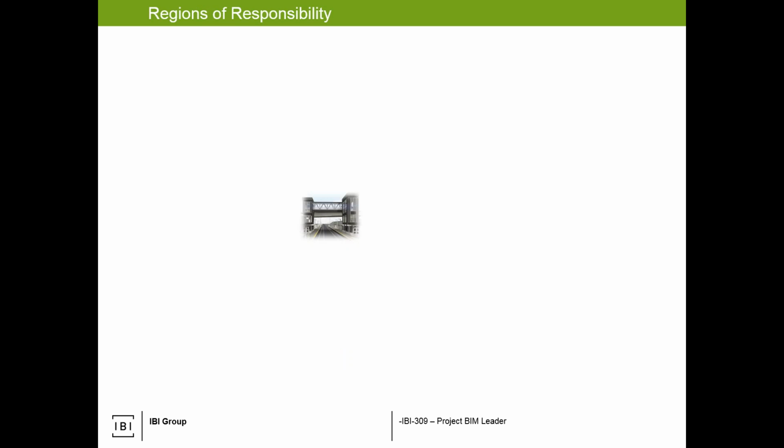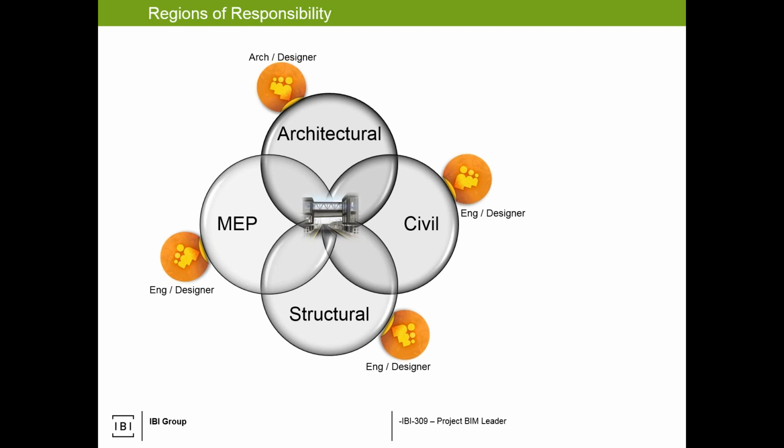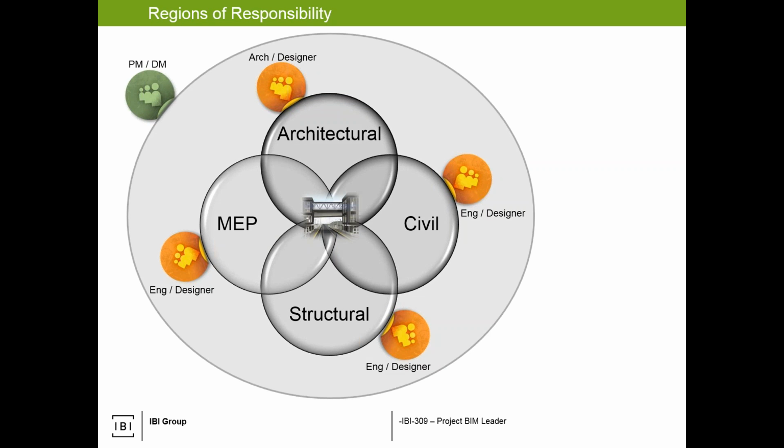Regions of responsibility. So you've got this model, you have these multiple disciplines, and each discipline will have any number of leads and designers. So if it's multiple facilities, you may have multiple architects or engineers. If it's a single facility, you may have multiple designers, drafters, etc. It's all good. The idea is that you have this project manager, maybe design manager as well, overseeing one or multiple efforts, depending on the scale of the project. It could be a campus with multiple buildings, etc.